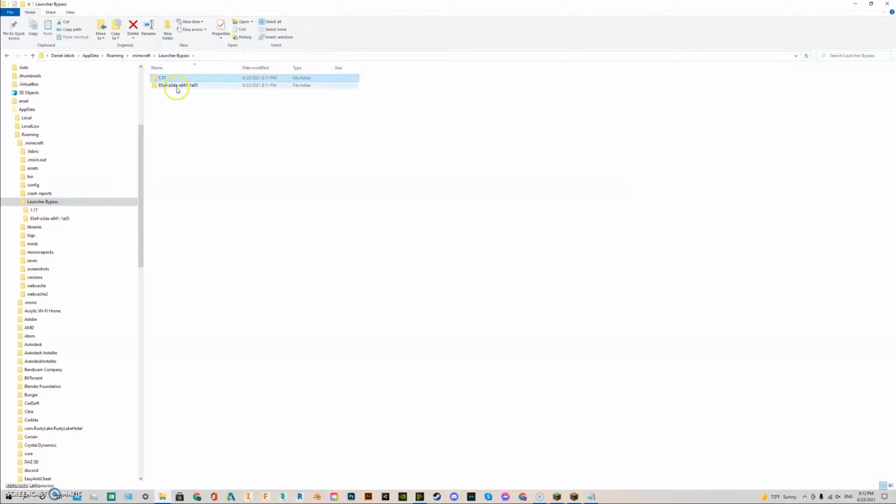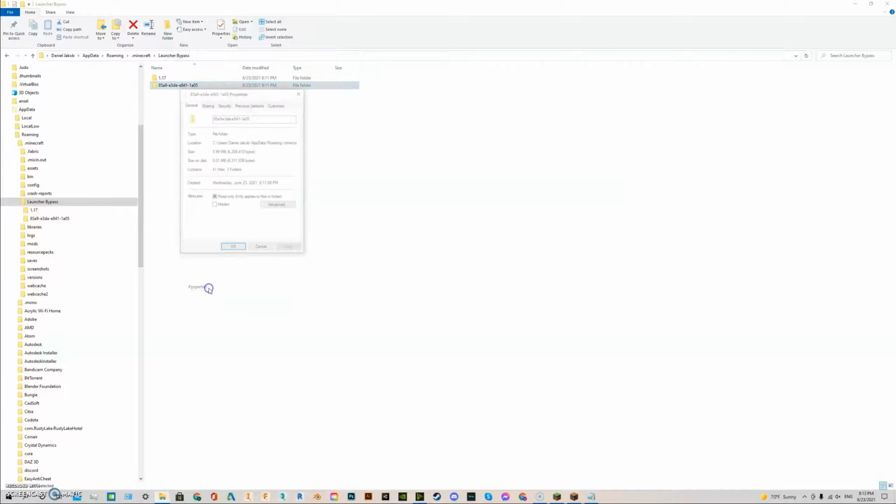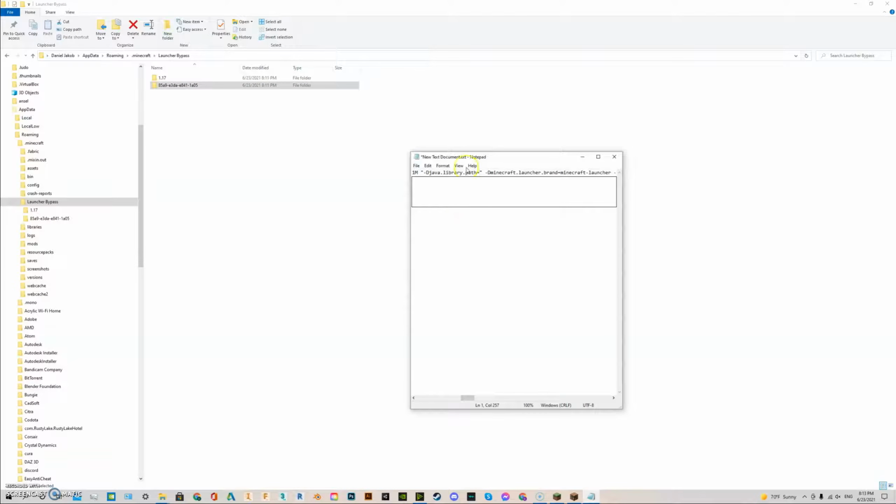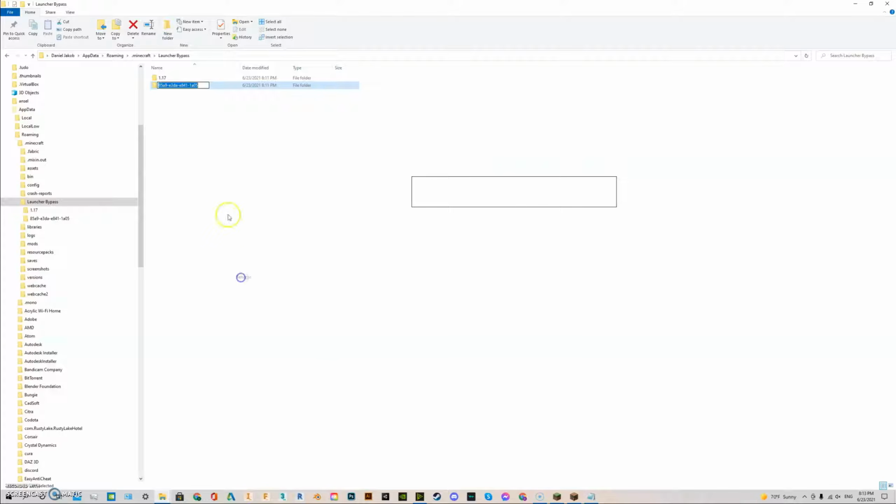Now, let's go back here and go into properties for this folder we created. And by the way, for you, it'll be different for each person. It's a random combination of letters and numbers. It's actually different every time you launch Minecraft. But once you're in here, you're going to copy the location. And let's go back into our Notepad and paste that. And put the slash, and we'll also copy the name